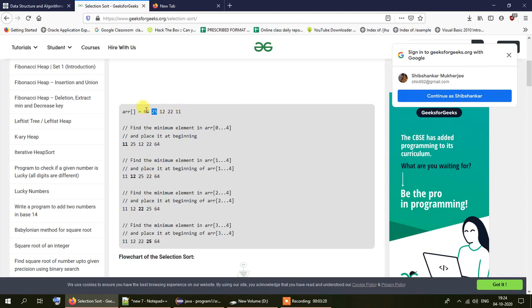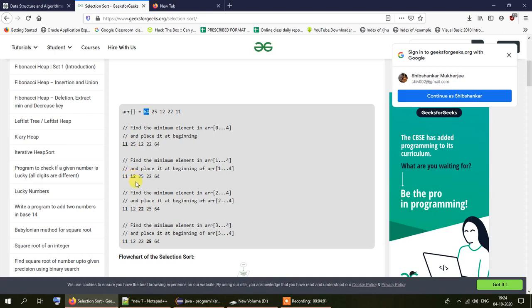The element at the first position, that is the one pointed to by the i loop, will be swapped with the minimum element. So 64 will go to the last position and 11 will go to the beginning. Now after this has been rearranged, we go to the next value of i, the loop counter used in the outer loop. It gets incremented by 1, and then it points to the second element, that is 12.